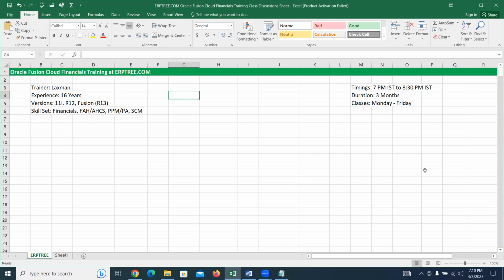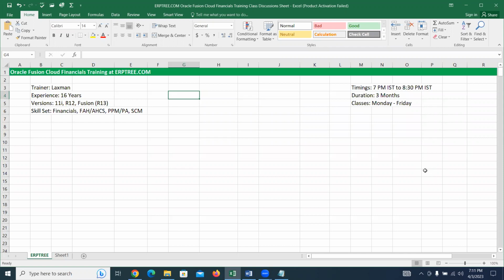Long back, when you said financials, you would see people whose background is MBA or MCom, some commerce or accounting background. These are the candidates who chose this financial course in the past. But these days, everybody is choosing it. It has good demand in the market, and people are acquiring knowledge on this product.